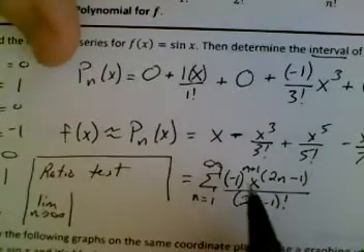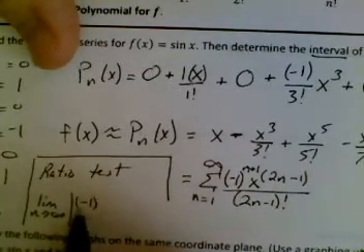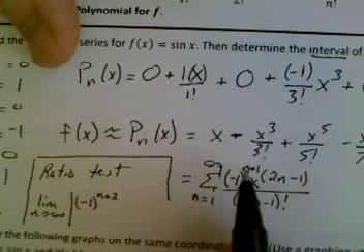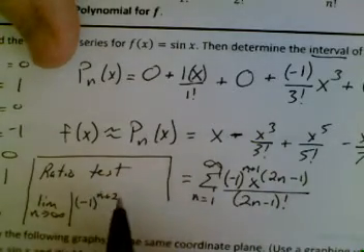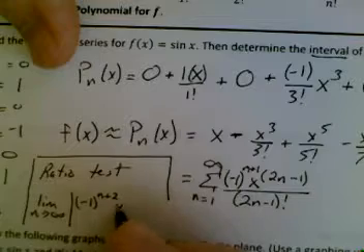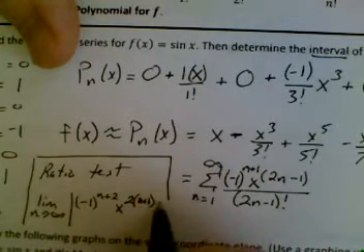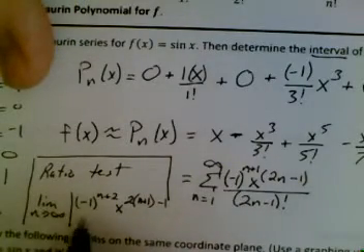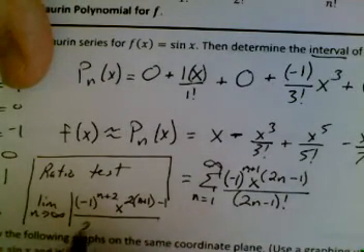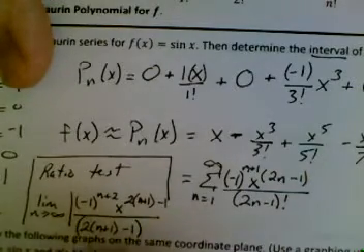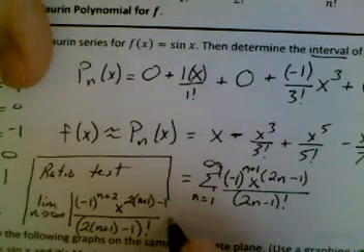The ratio test says I'm going to go ahead and take the limit as n goes to infinity of the nth plus 1 term. So I'm going to have a negative 1 to the power of n plus 2. Again, plugging in n plus 1 for n, that gives me n plus 1 plus 1, which is n plus 2. X to the power, and I'm going to write this one out so we don't screw it up, n plus 1 minus 1. This is all divided by 2 times n plus 1 minus 1, that thing, factorial, multiplied